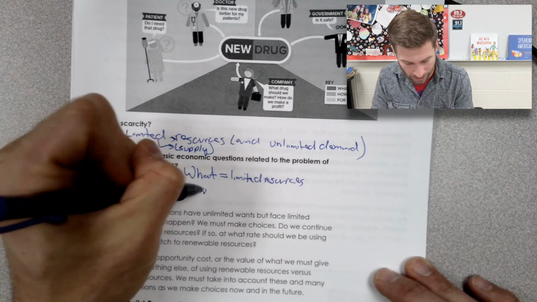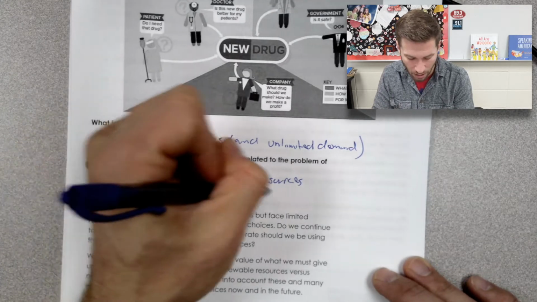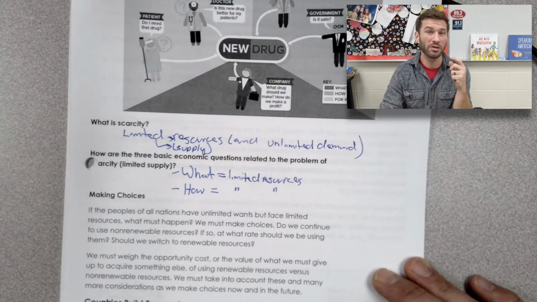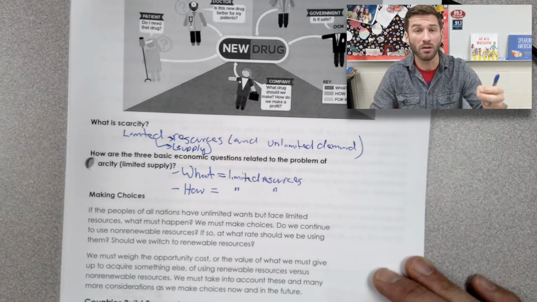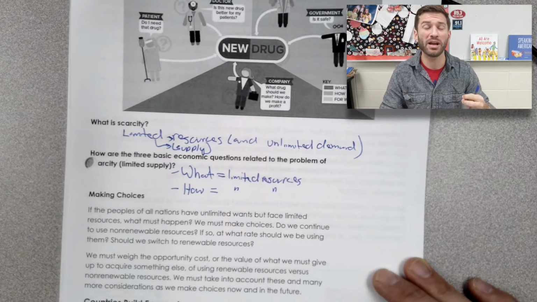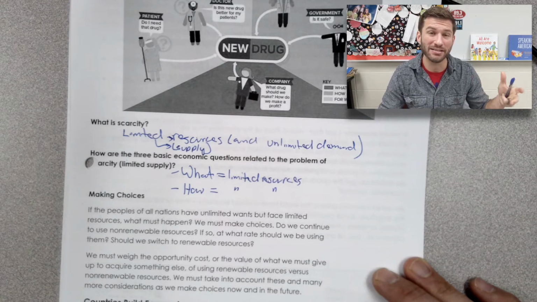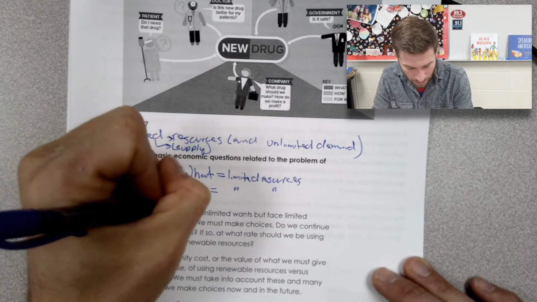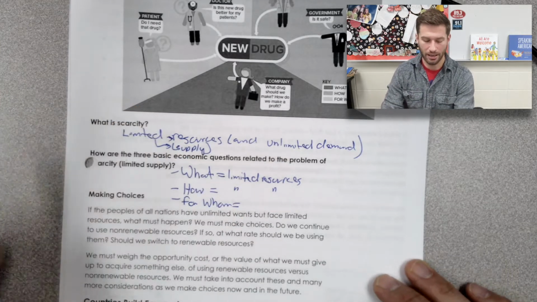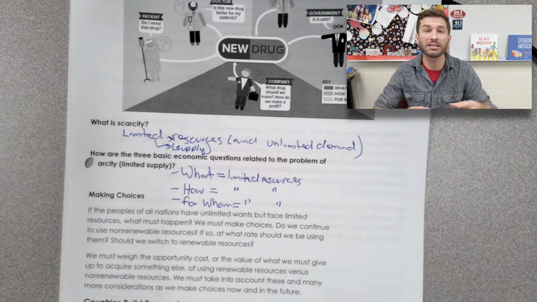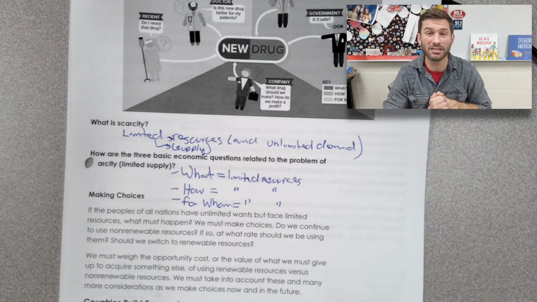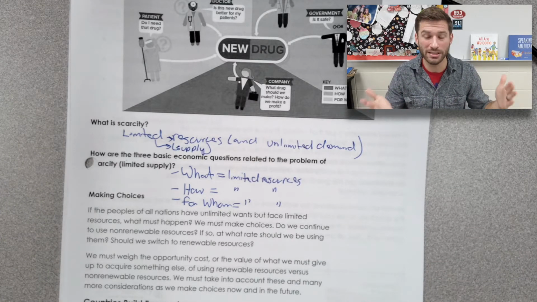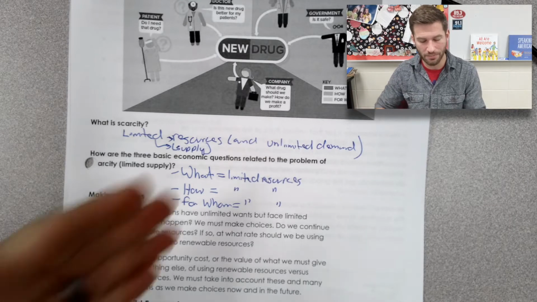We also need to figure out how, because again, limited resources. Remember, time is also a resource. We do not have unlimited time. People, humans, we are also a resource. We do not have unlimited humans at our access to make things and to produce things. And then for whom? Again, it's limited, right? Everything is limited, and because there is not an unlimited supply of items, because there is not an unlimited supply of resources, we need to make these economic decisions. We need to make these choices.